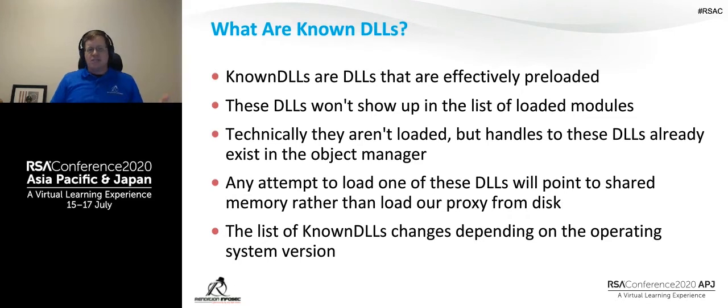Now, the bad news is that there's no one solid list of known DLLs. They change depending on the operating system version. And there's a lot of reasons for this, and it gets deeply technical. Inscu and others have talked about this in some of the Windows internals books and some of the rationale behind this, and why they don't preload all the DLLs with the object manager. Bottom line, you just need to know for your target operating system what are known DLLs and what aren't. Ones to avoid: NTDLL, kernel32.dll, et cetera.